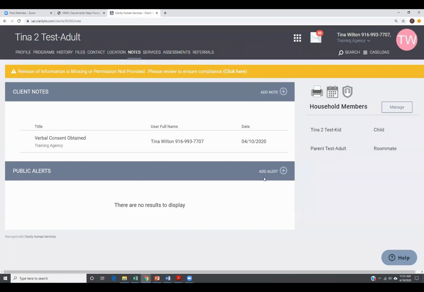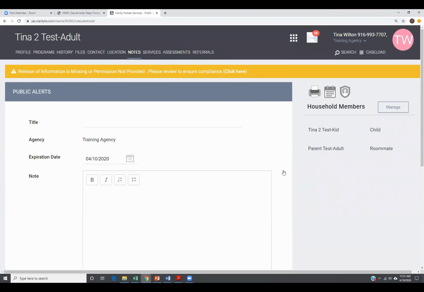And so what we're going to do to create a public alert, we're going to click Add Alert, and I'm just going to say Health and Safety. So again, this is supposed to be short, sweet, and simple. Here's the agency that's creating it. And then there's an expiration date. The expiration date is not about the note expiring, but what the alert generates. So it is going to generate an alert bar on the client record,